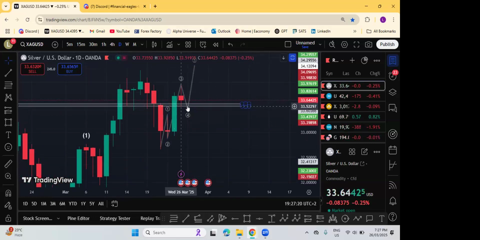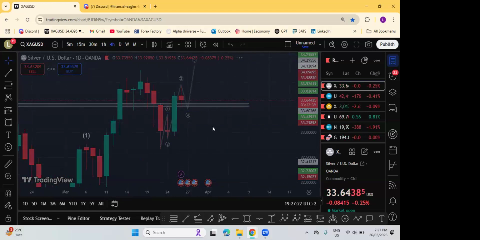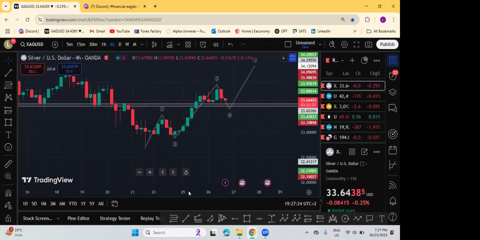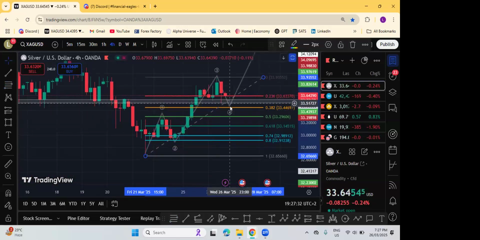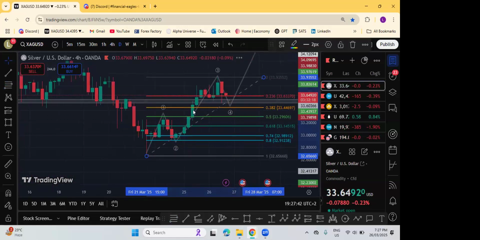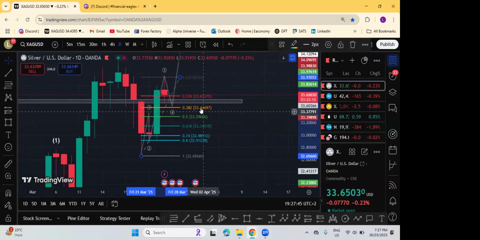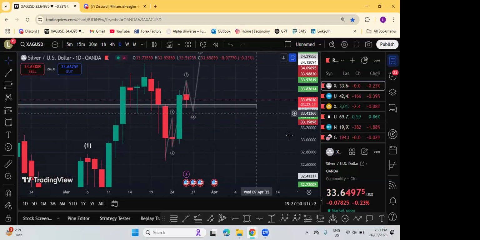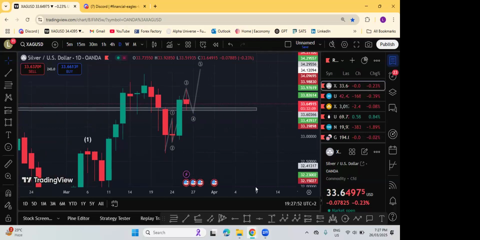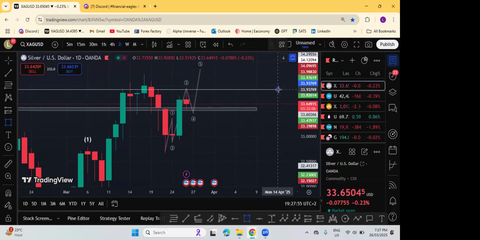But if it crossed here and then retraced over this area, I'll wait first until it reaches this area. If the 4-hour candle opened and then went down, then it would be a more confirmation for a sell. But for now, it's better that we see how tomorrow's candle will be reacting on this support, and if not, we'll be looking for buys